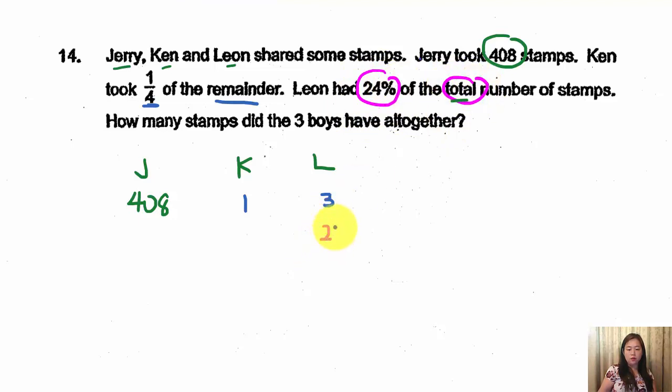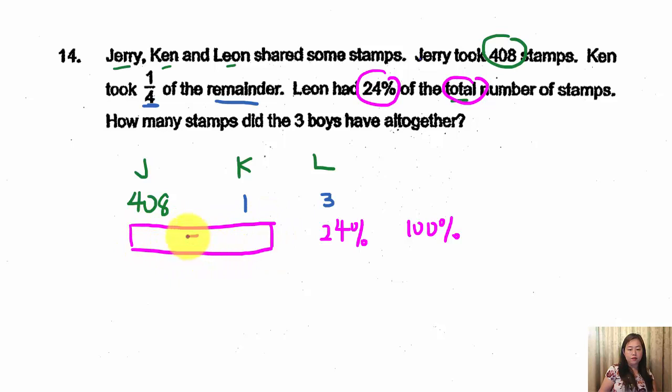So this will be 24% of the total. And since the total is 100%, we can see that from here to here it will be 100% minus 24%, and this is actually 76%. The important point to note is that we can't really do much here because we don't have enough information,